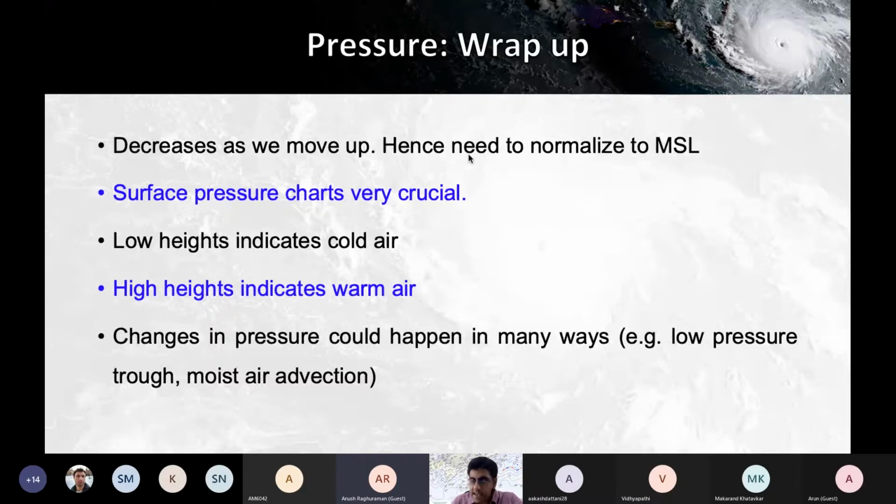Correct. Everything is normalized to mean sea level. All the apps show the pressure at mean sea level. But actually, the pressure is lower there. Actually, the pressure is lower because warm air